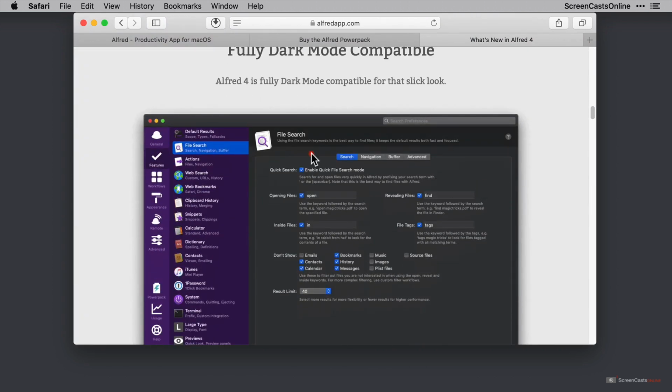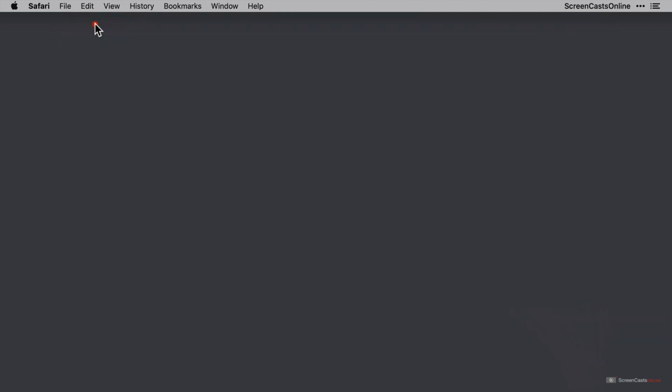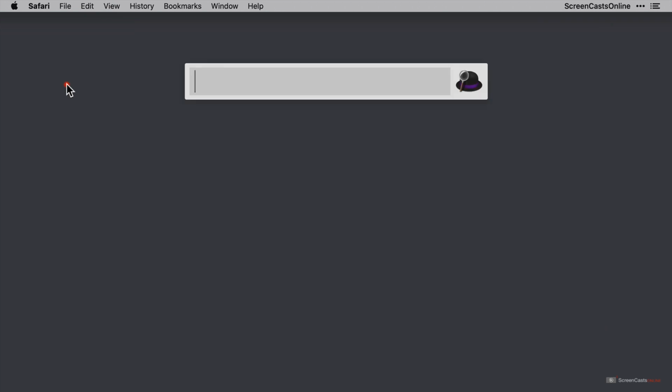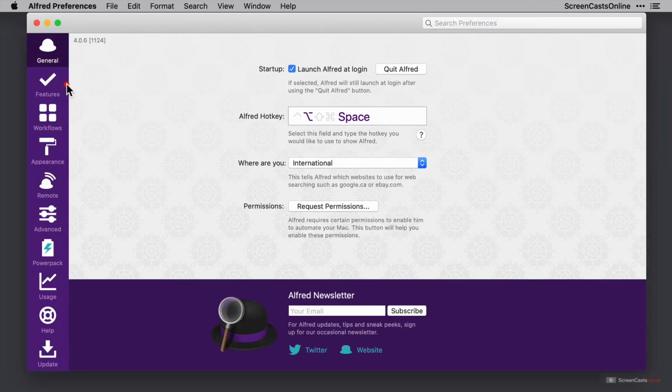For now though, I'm going to minimize Safari and invoke Alfred, and my shortcut for this is Option Space. And from here I want to look at the preferences within Alfred, so I'll start typing Alfred. And there are no other options for me here other than to press enter, and this will take me directly